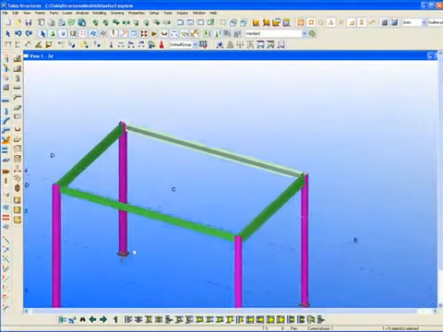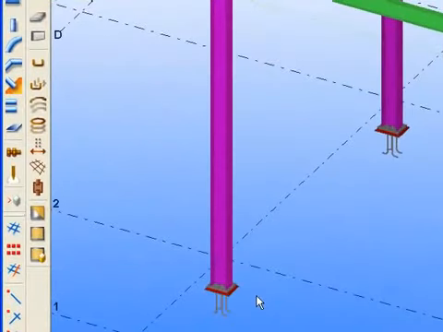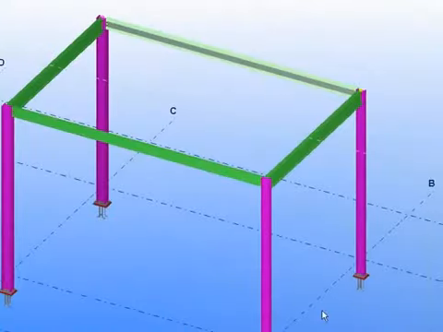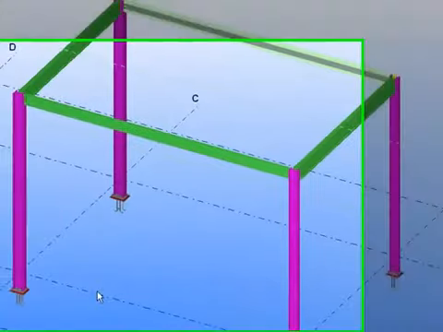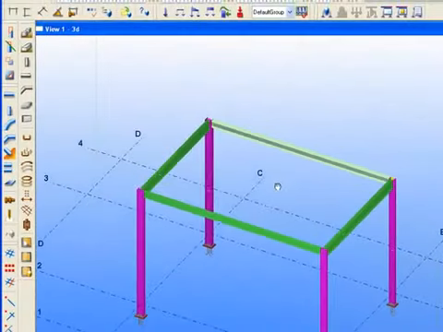Okay. And also you want to filter out anything that you don't want to see in the model. For example, grout, we don't want to see that. And if you have concrete, you want to filter that out also. Okay. To use the filter in our